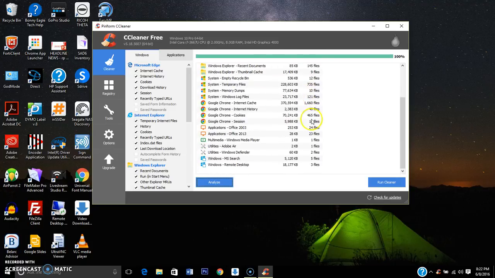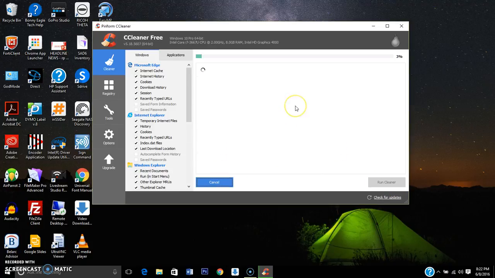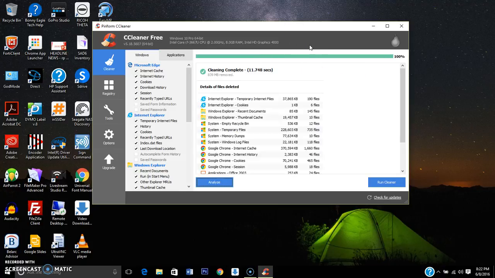it finds all the temporary files, and I have the opportunity to run the cleaner over here, and that's going to delete permanently any of these temporary files that are just taking up disk space on your computer and slowing down the performance overall. So once that is complete, we'll switch to the next one, which is really important, the